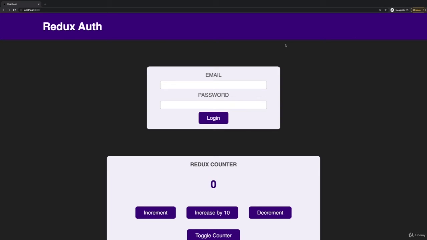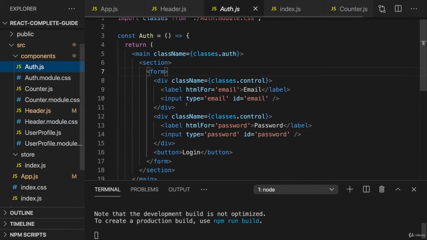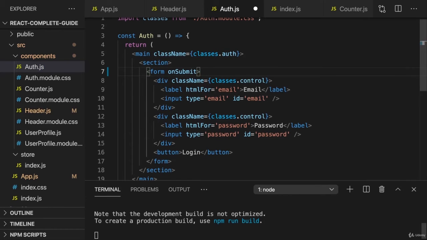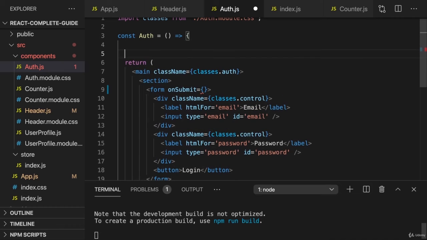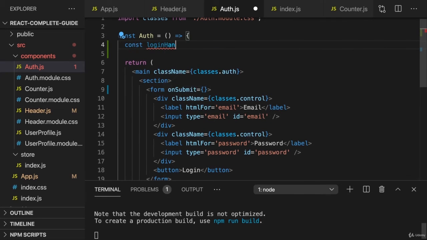Now I want to dispatch the login action if the login button is clicked. I actually won't even bother to read the user input. I will not validate it. You can do all of that, but that's not related to Redux. So I will just care about the form submission with that login button. Hence, here in the auth component, we want to add an onSubmit listener on the form here, and then add a new function in the auth component, the submit or the login handler,